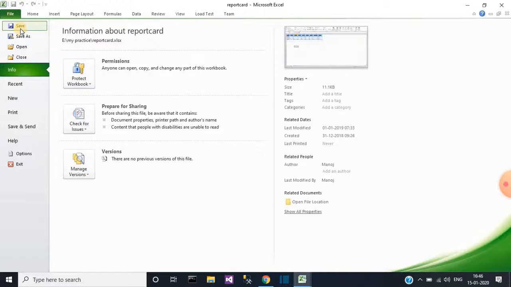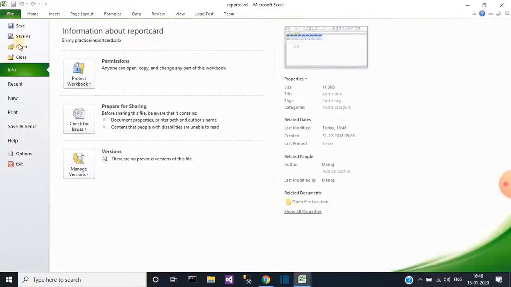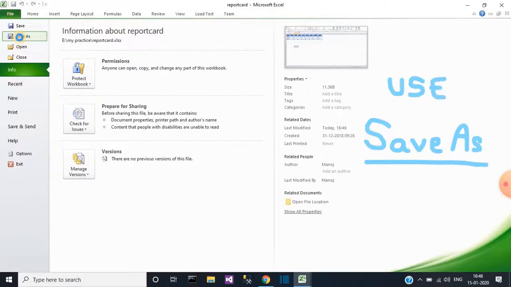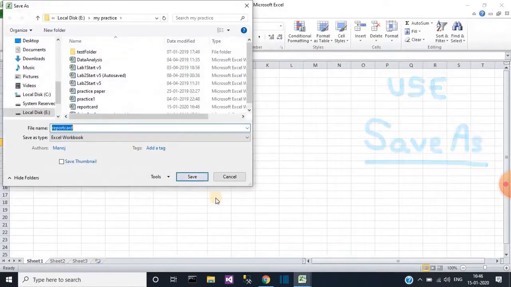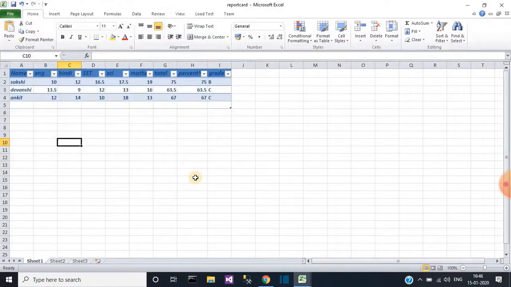Okay children, Save and Save As are different. Sometimes you need only Save, to save your work. But if you want to change your location, use the Save As option. Now you can select the location, like here the Desktop, and click on the Save option.